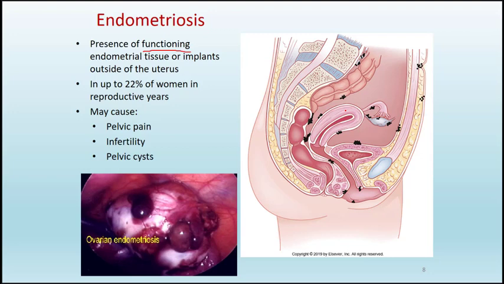What's interesting is these cells can actually be spread after, for example, surgery. So if a female has a C-section in order to deliver her baby, some of the endometrial tissue can be spread just from the surgery itself. There are cases where it can spread even to areas such as the belly button and sort of set up shop in that region. But in any case, this functioning endometrial tissue, depending on where it's located, can bleed,